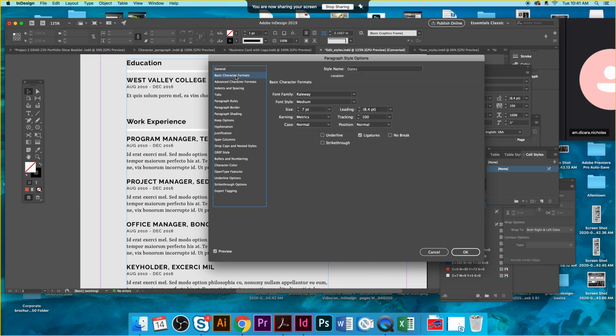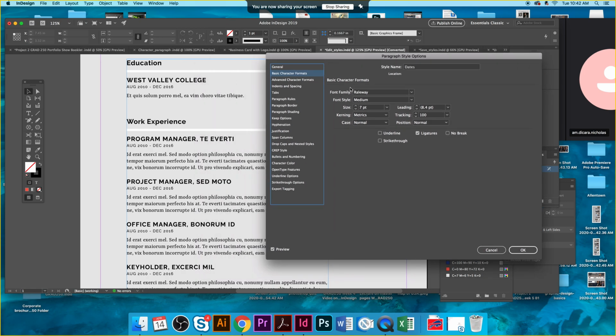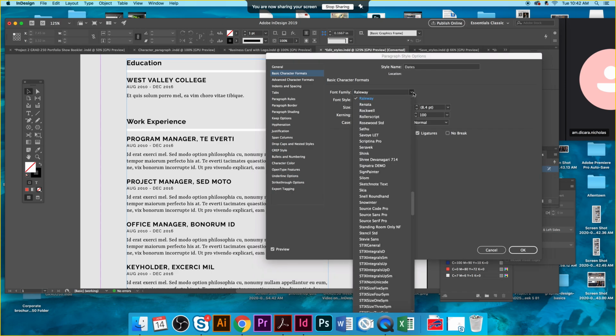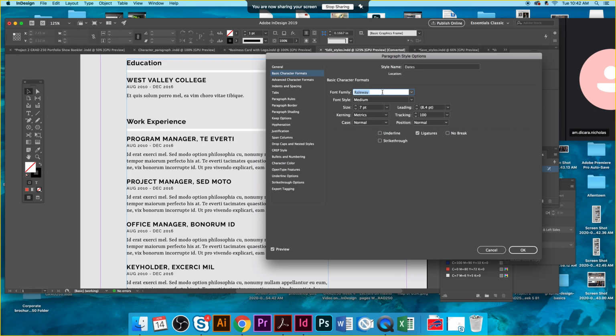Go to basic character formats on the list on the left. It'll give you the attributes of that formatting. So in this case, the font family is Railway. We could choose Arial. You type in Arial